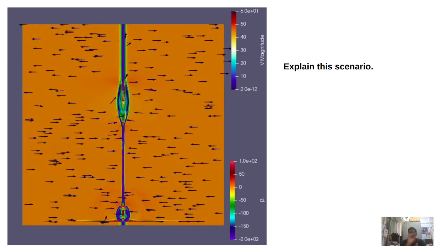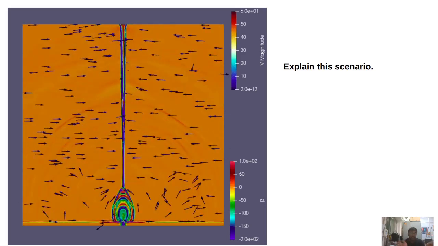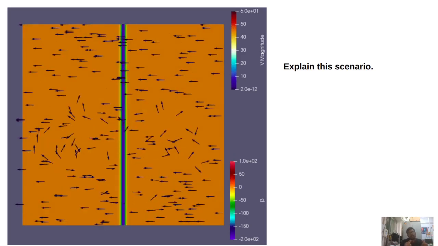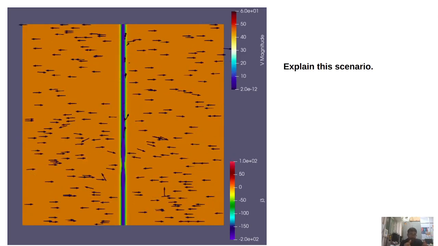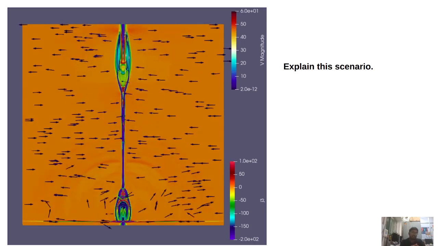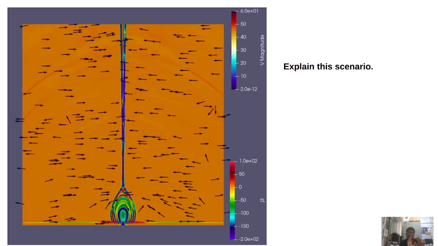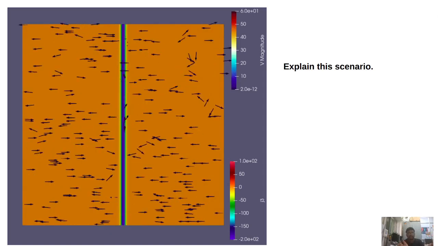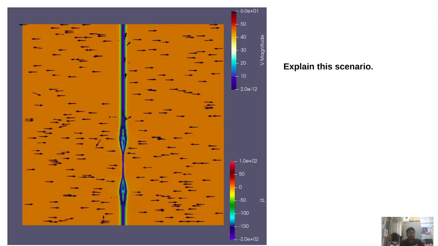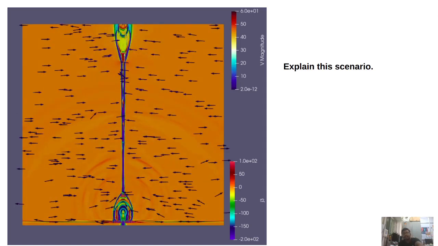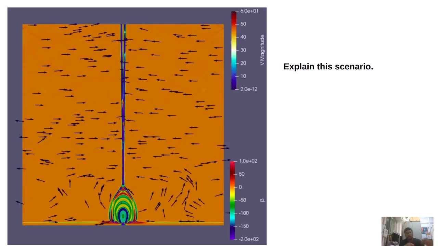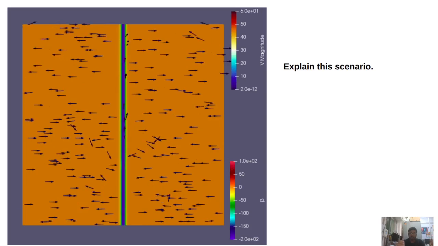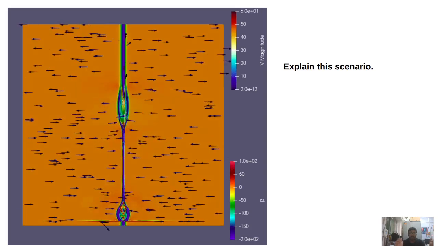So due to the conservation of the mass, what happens is that it will try to have an inflow of the plasma towards that region to conserve the total mass. So that means you have outflow in the form of plasmoids, and then it is followed by the inflow of the plasma towards the current sheet. As you can see, as it goes up and down, the velocity of the plasma changes its direction towards the